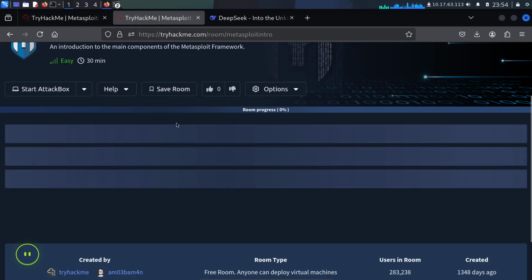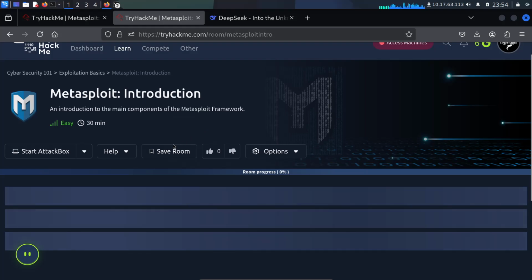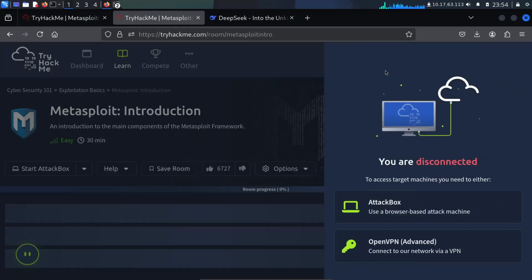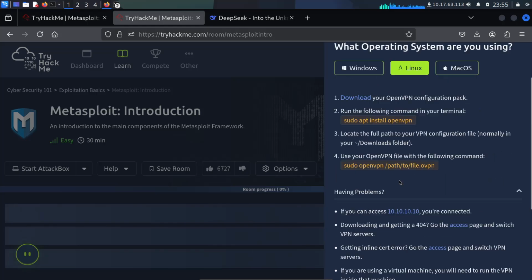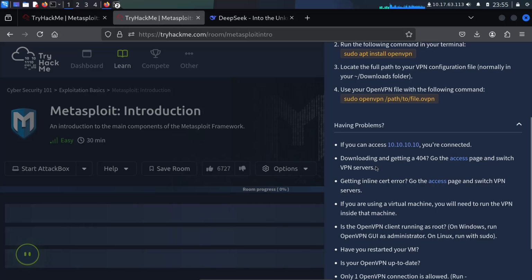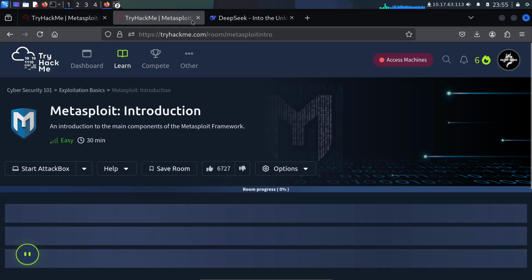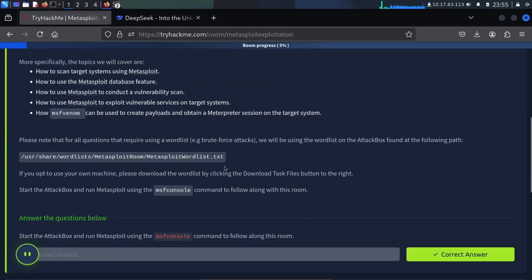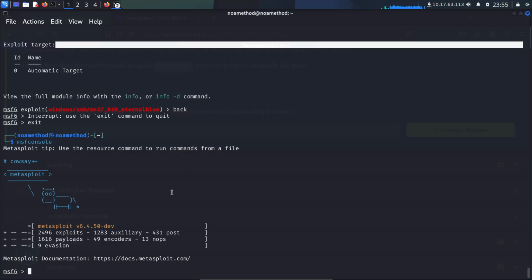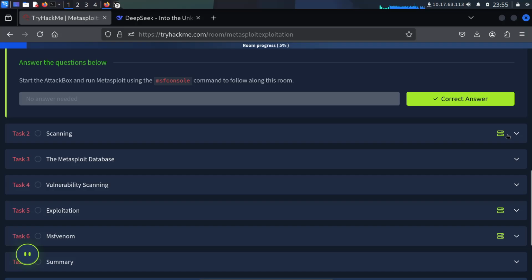I want to check if the machine is off. Maybe it's just done, and then we can open the console and try to scan it.